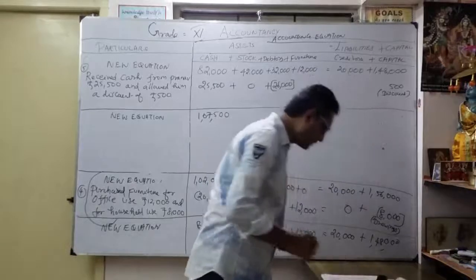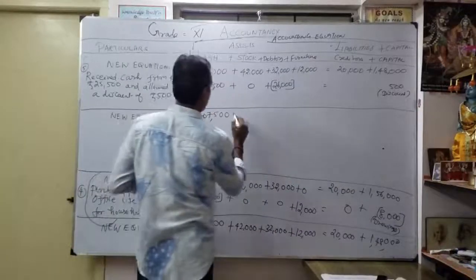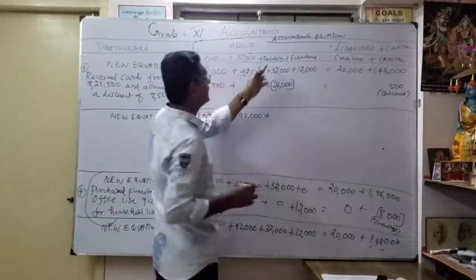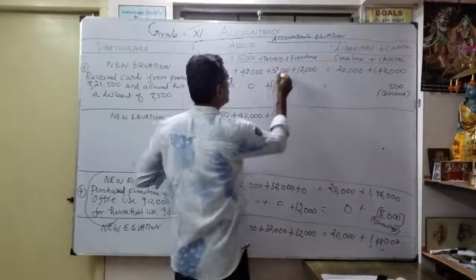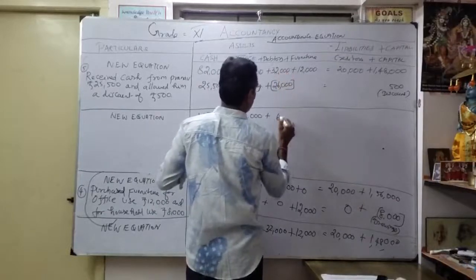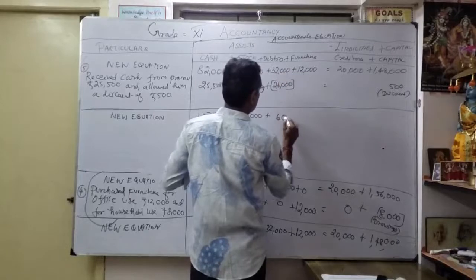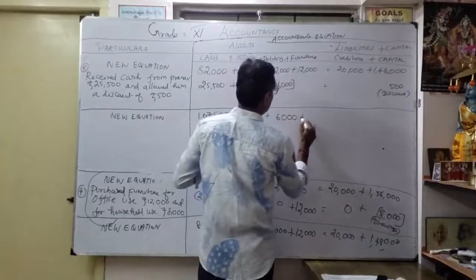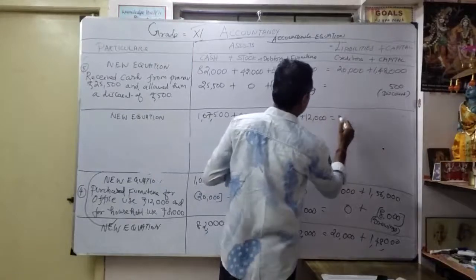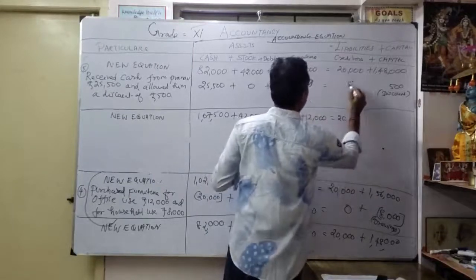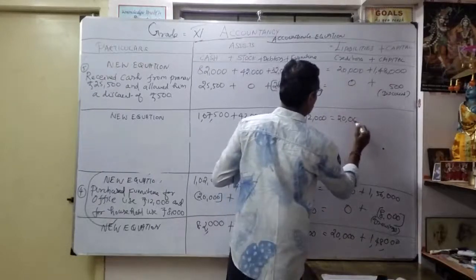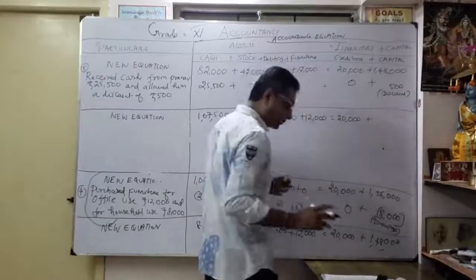1,07,500. Correct. That is very, very important. Thereafter, the stock remaining is 42,000. Thereafter, my debtors become now how much? So 12 minus 6 is 6. Here only 6,000 is my debtors right now. My furniture becomes 12,000, my creditors 20,000. I put 0 here. So wherever nothing is there, better put 0. So 20,000. So my capital becomes how much?